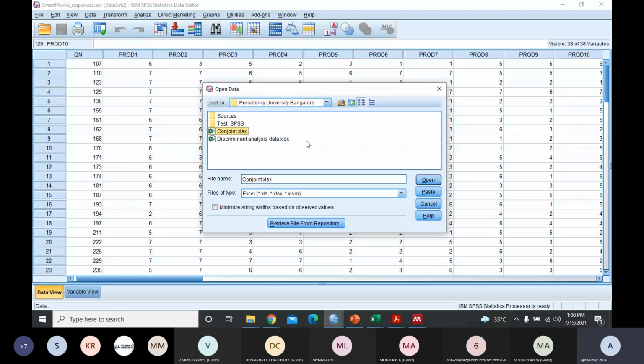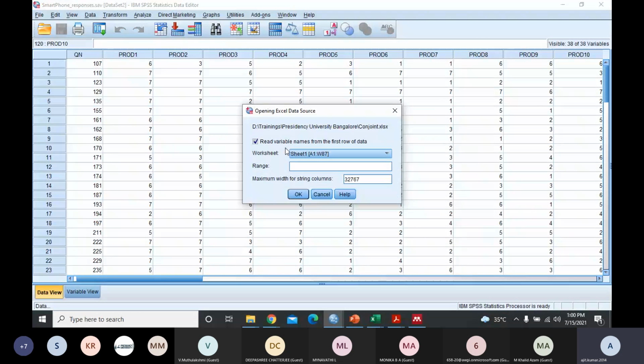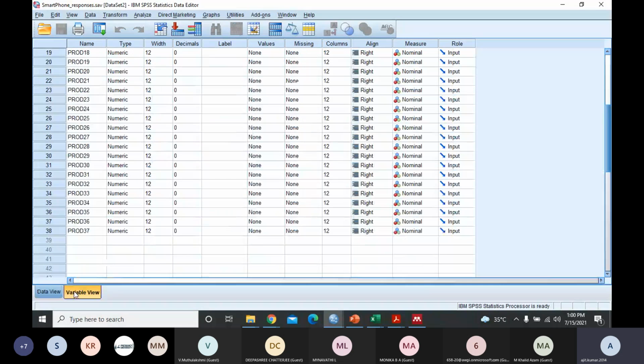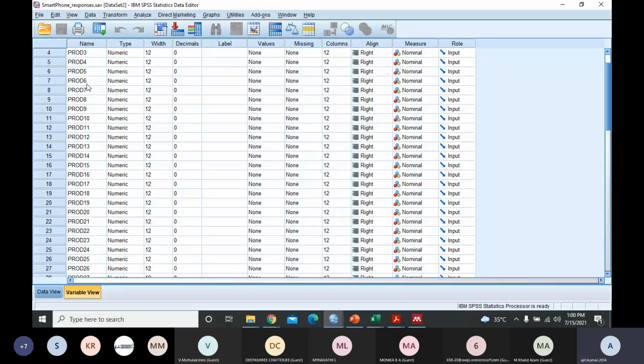If I click here, open sheet 1, which has our consumer preferences. You click OK, then this view will open. You see the variable view. So combination number 1, 2, and so on, and one is this QN, that is the ID of each respondent.